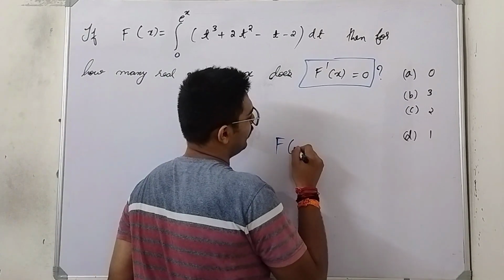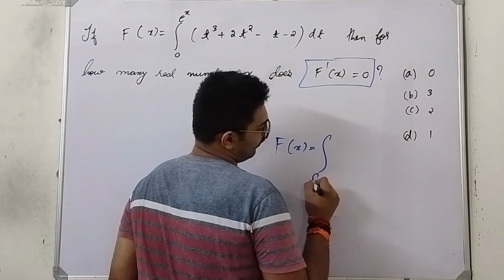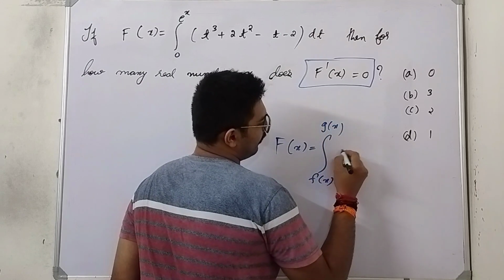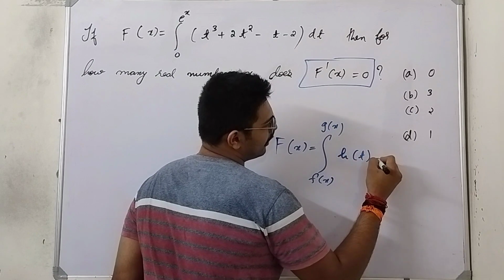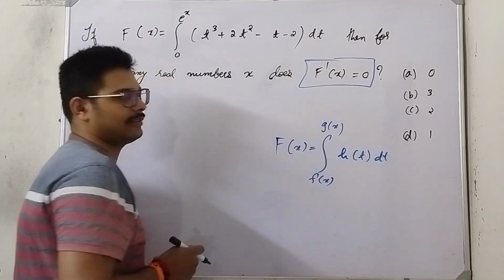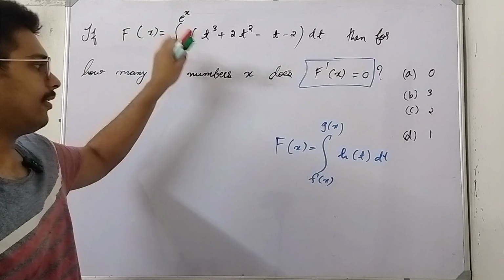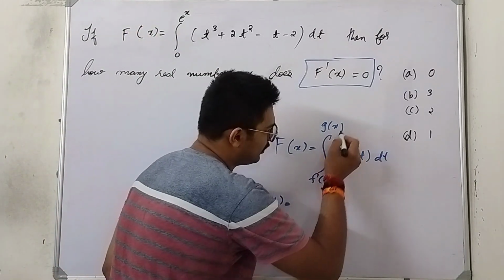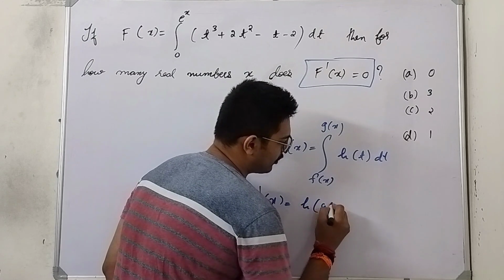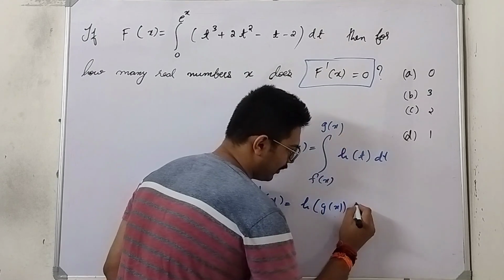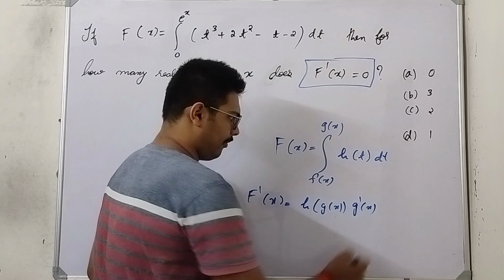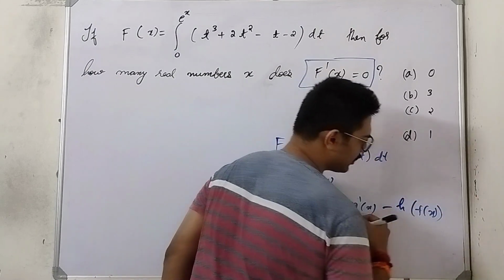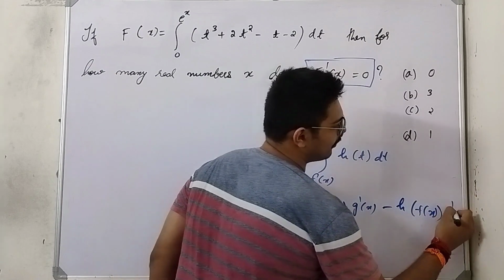If F(x) equals the integral with a function g(x) on the lower limit and a function on the upper limit, and another function in terms of t, dt. This function is the same, but here it is a constant function. So what is the value of F'(x)? F'(x) equals, just apply the upper limit in h of x. It will be h of g(x) into the derivative of g(x), g'(x), minus, just apply the lower limit,